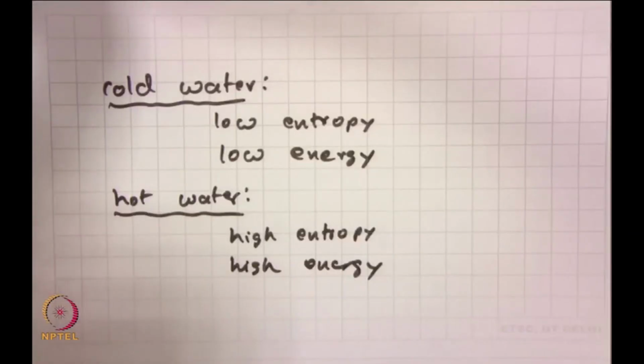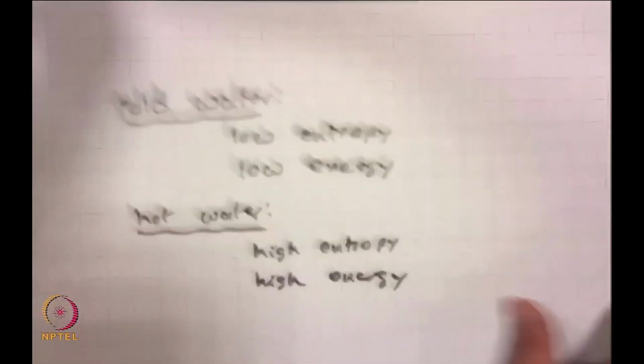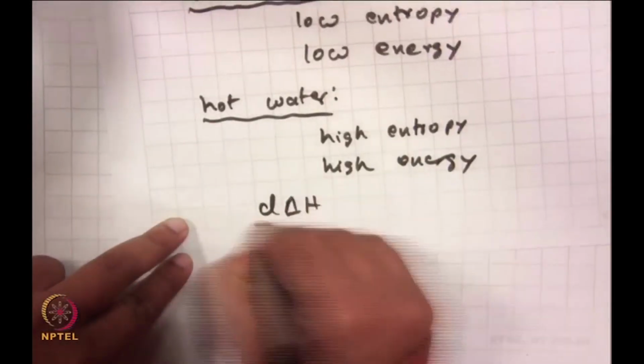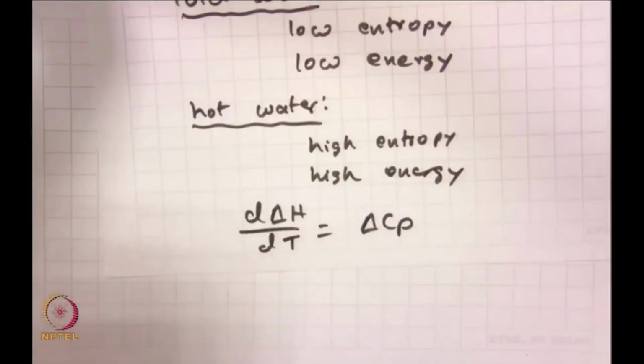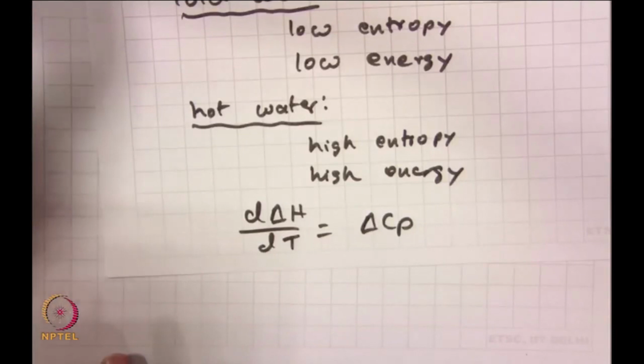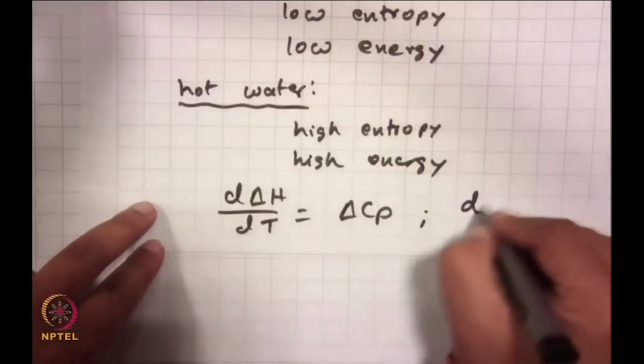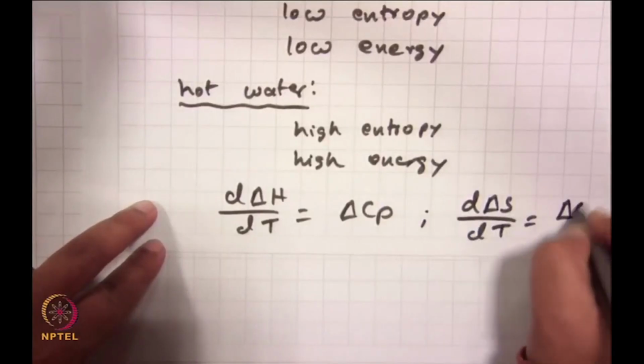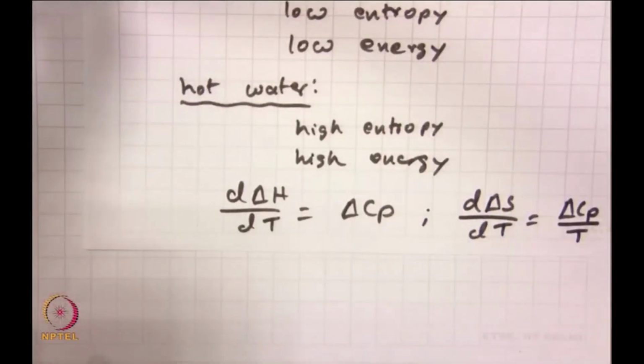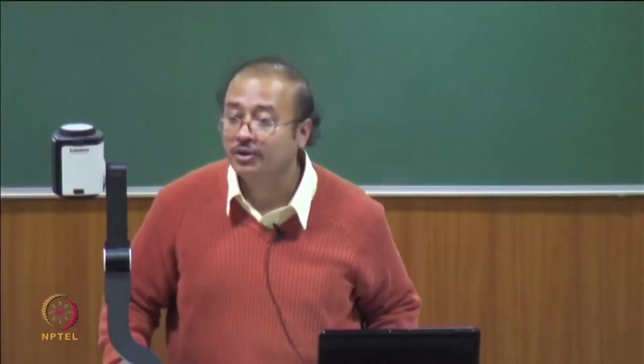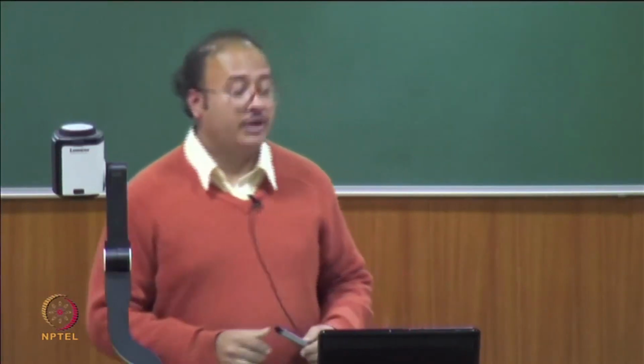Now, what is the relation between delta H and delta Cp? It is the slope. That means we knew that d delta H over dT is equal to delta Cp. So, if my delta H has to increase, then delta Cp has to increase. The same thing happens for entropy. What was entropy? d delta S over dT is equal to delta Cp by T, right. So, both of these are increasing, and both of these have a strict delta Cp dependence, and because this is increasing and you are looking at the slope or the rate of change, it just figures that delta Cp should also be positive and change by a huge amount,